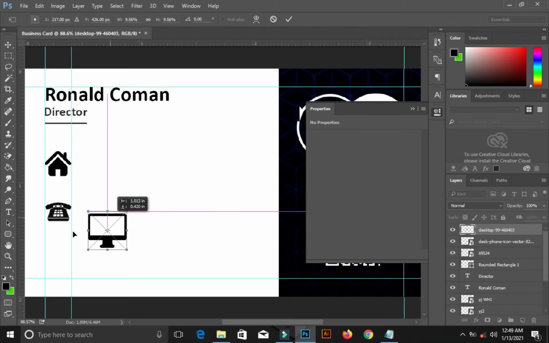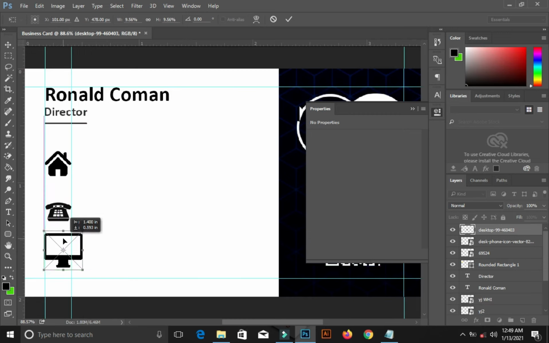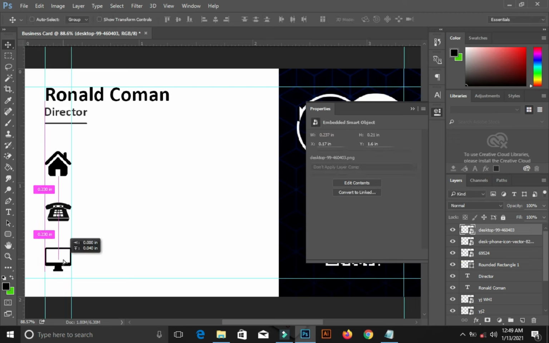Okay, you know what to do. With shift to resize from one side. Ctrl T to still resize. Okay, I think the spacing is okay this way.